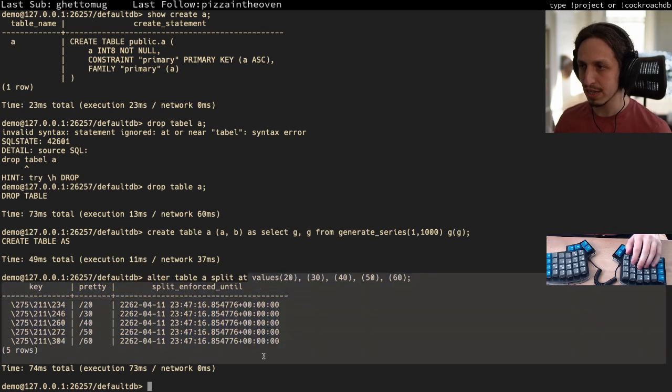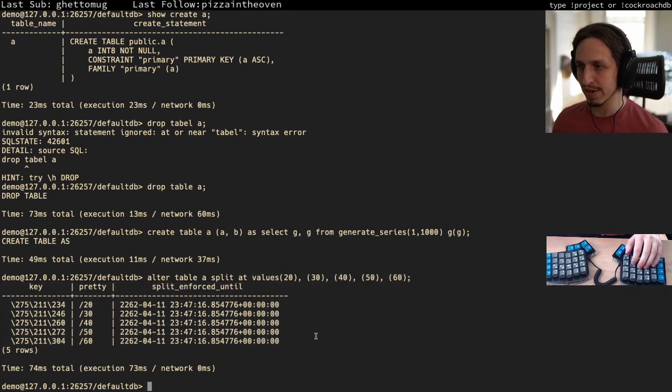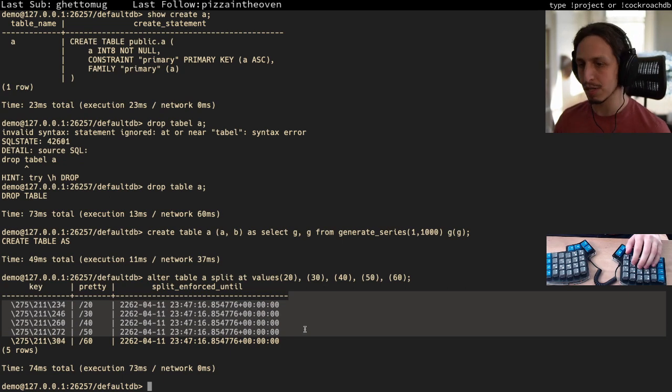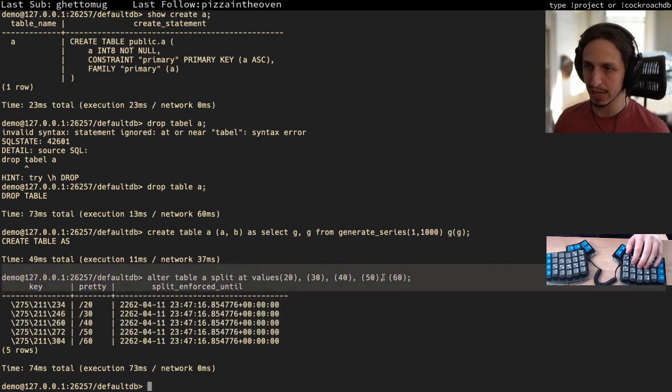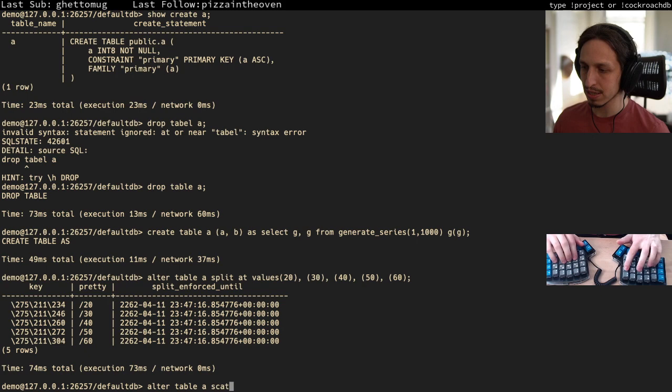So what this does is, I was talking about ranges earlier, right? This tells the database to split this table up into a bunch of different ranges at these keys. Normally the database wouldn't split this table up until it was a bit bigger, because there's no point in splitting such a small table, but we're telling it to do that just for the purposes of fun. And then if I say alter table A scatter,